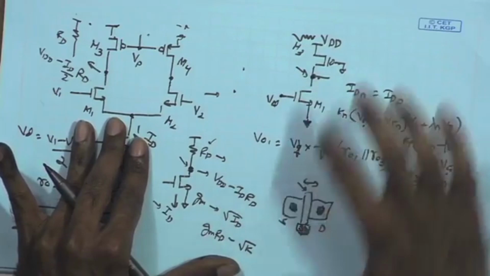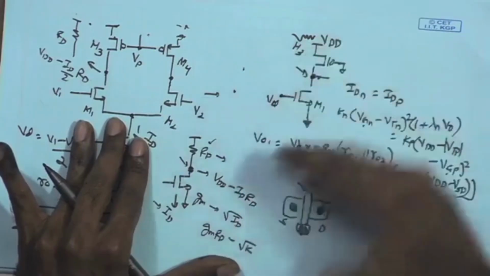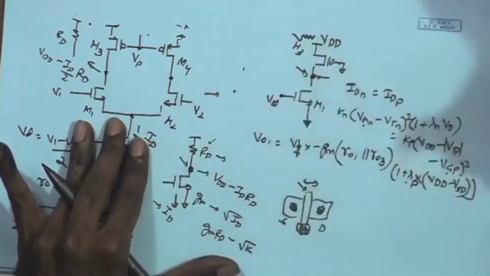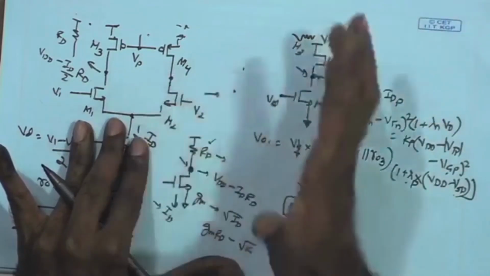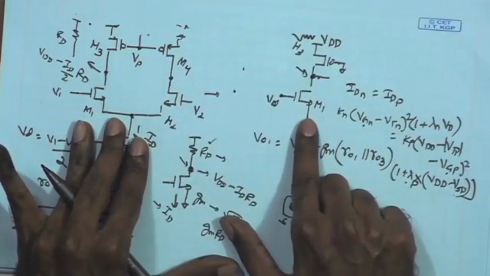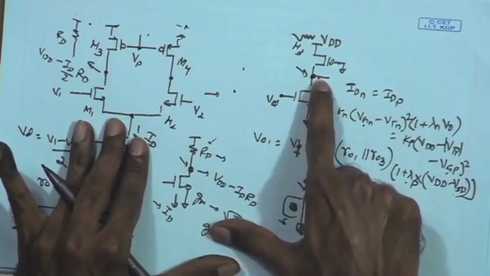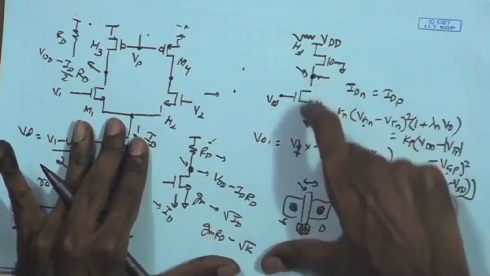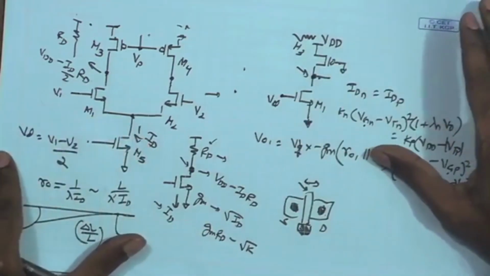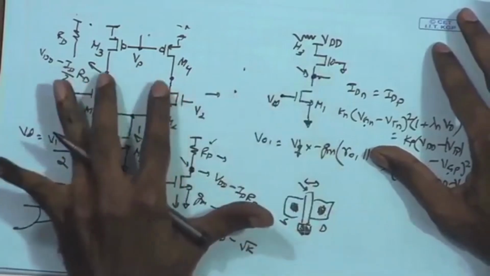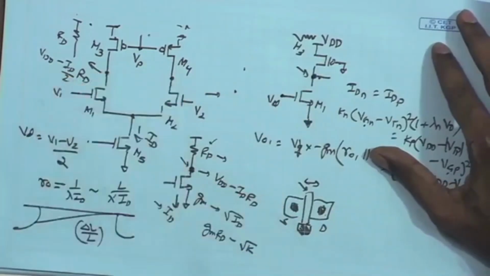Therefore, if you are fabricating it, in a simulation you may be getting some value, but after fabrication you will be getting completely different values, and for different copies of the same circuit, the values can be very different, and it cannot even guarantee that the transistors will be in saturation. So, we need to take help of some other biasing schemes, with which I can ensure a proper DC biasing point here. That technique is called common mode feedback,